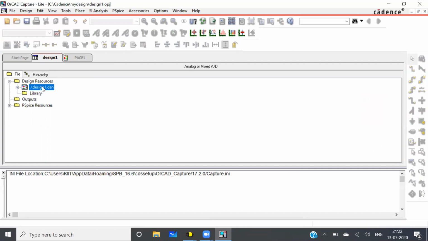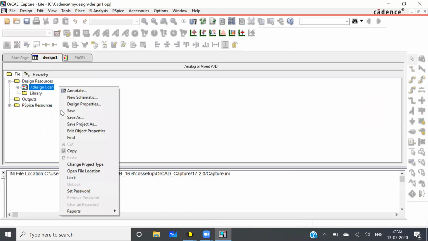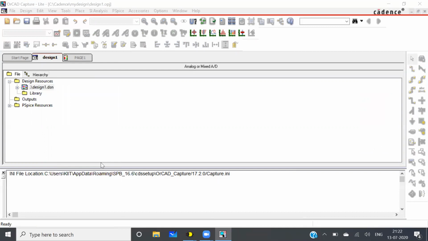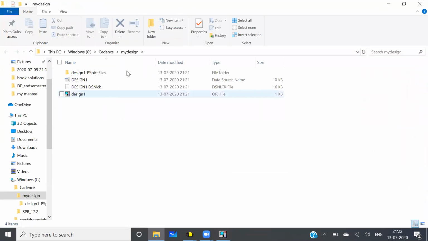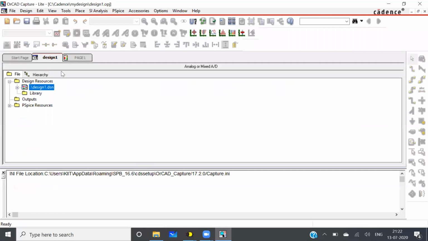If you right click on this and select open file location, see, my default location was C, cadence, my design. So in that location, these files are created. Okay. So we'll go back to our PSpice.